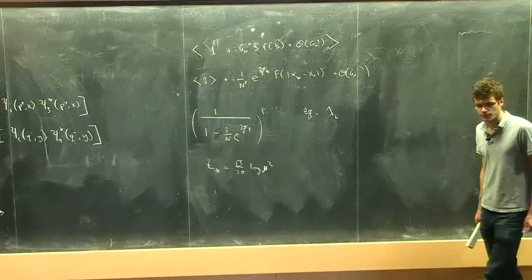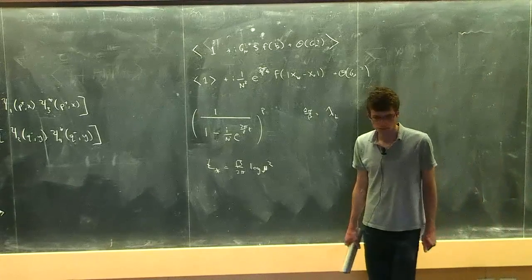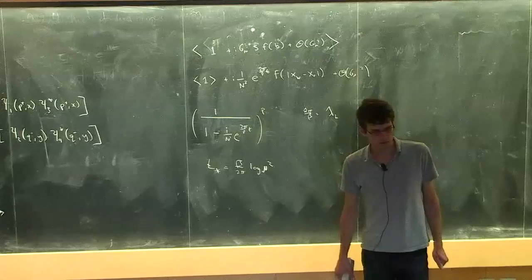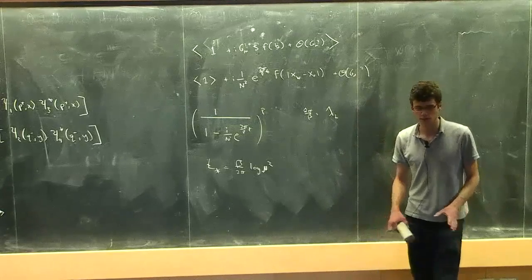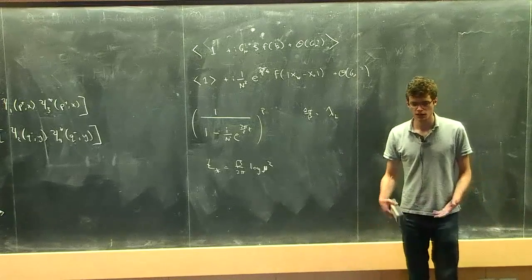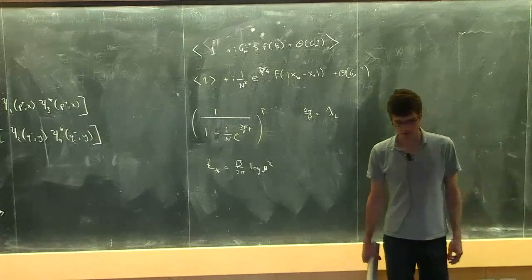Yes, Edgar? As far as if you're below the Hawking-Page temperature, don't the calculations change? Right, so if you're below the Hawking-Page temperature, then there's no black hole, there's none of these boosts, and the commutator does not become large.